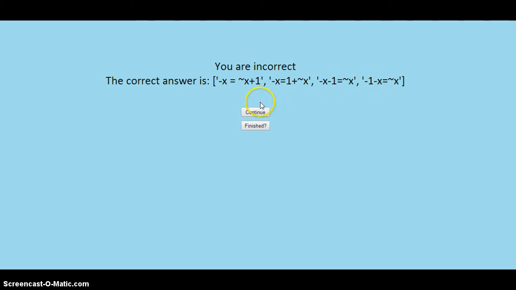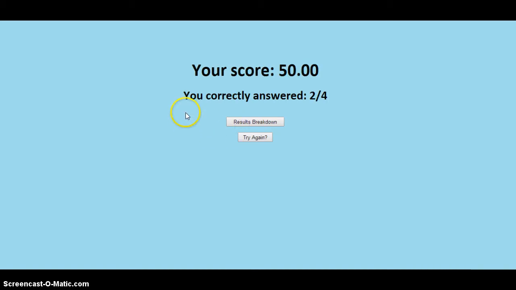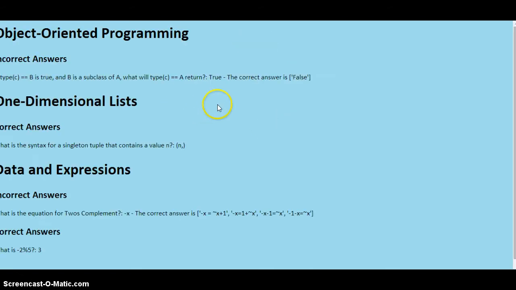So the user gets this input back, and let's say they decide that they're done. They don't want to test anymore. They can click finished, and it'll tell them their score. So it'll tell them their percentage and the number of correct answers they got out of the total questions that they answered. Then if they want more information, they can go to results breakdown, which will give them